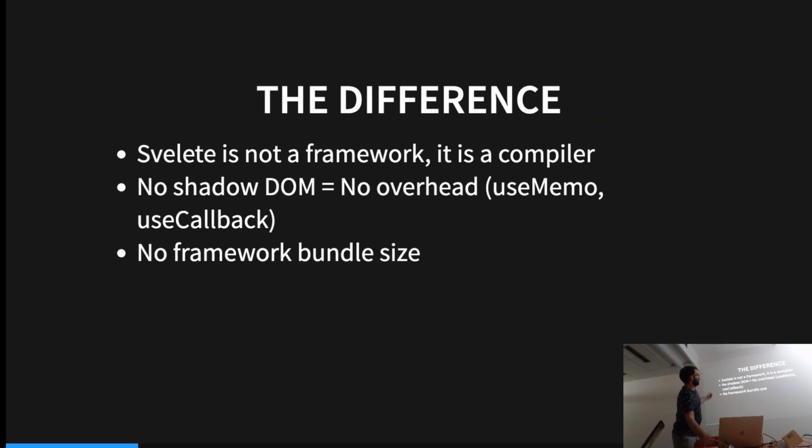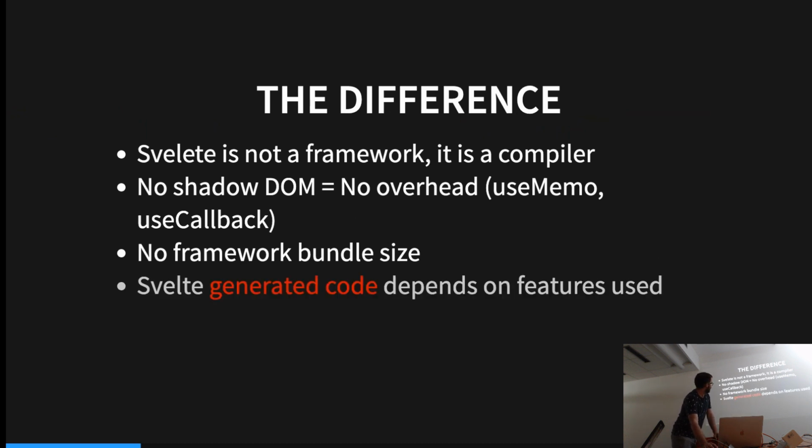And it has no framework bundle at the end, because as it compiled to just something maybe similar to jQuery or some like native instructions, you don't need anymore the framework, because the compiled code works like tree shake to the minimum. And if I say to minimum, it means that when I use some feature, some animation, it will be in the bundle. It will be in the bundle of the particular component or the particular page, but it will not be part of the whole app.